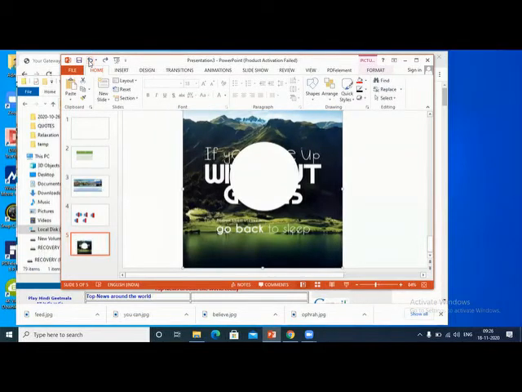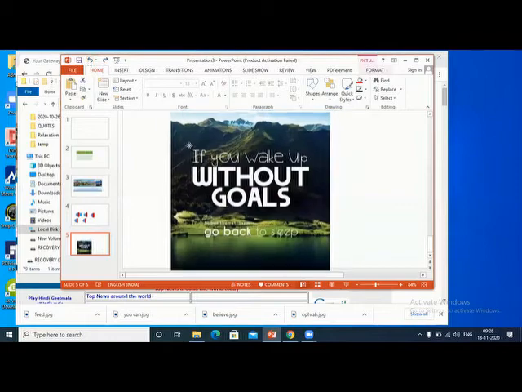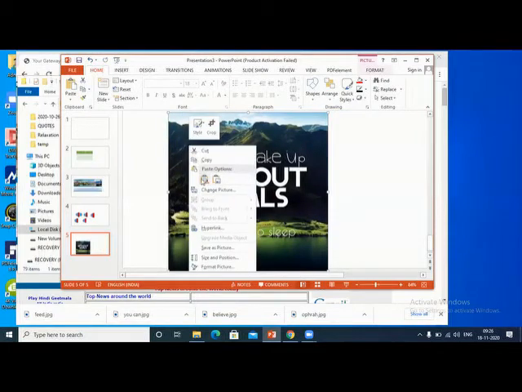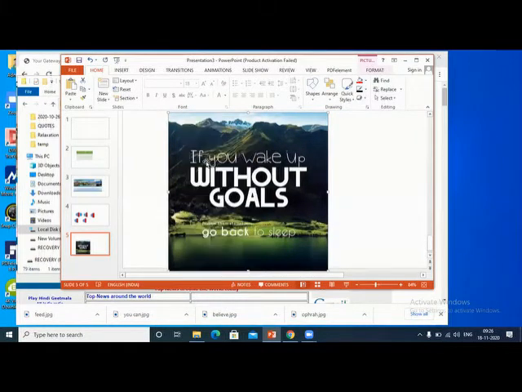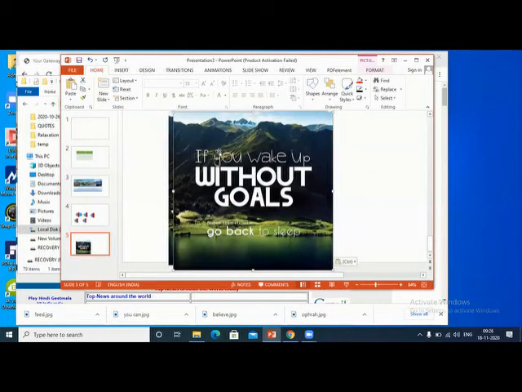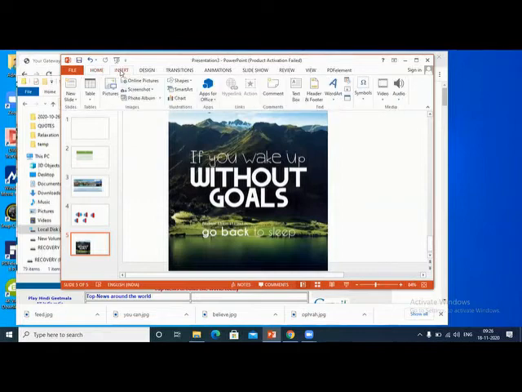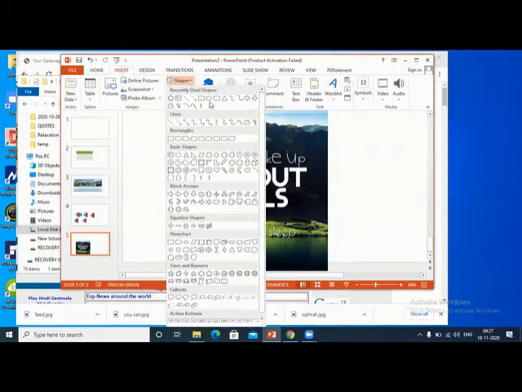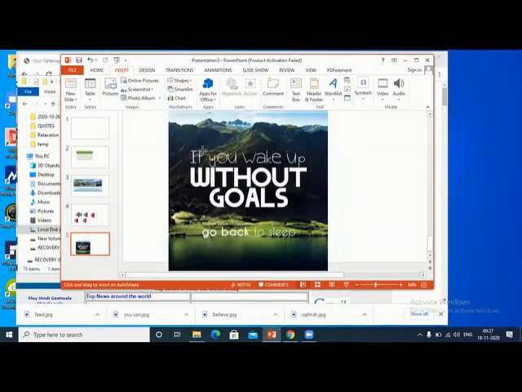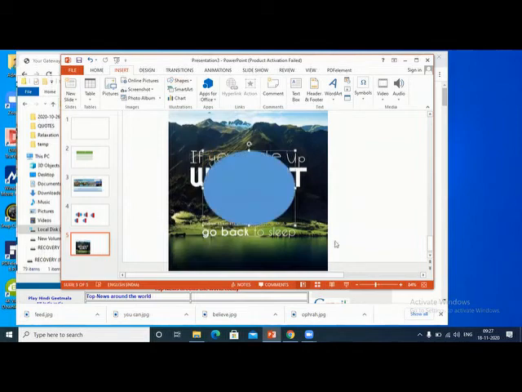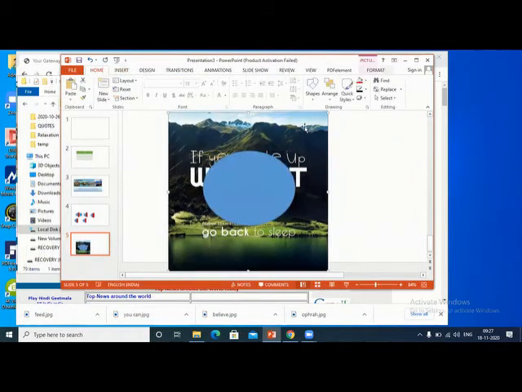Okay. So for example, let us do something else. Let me take one copy of this. Copy, paste, in the same location. I will draw a shape, an ellipse I have drawn like this. Now I will select the first one, press Ctrl, select the other one.